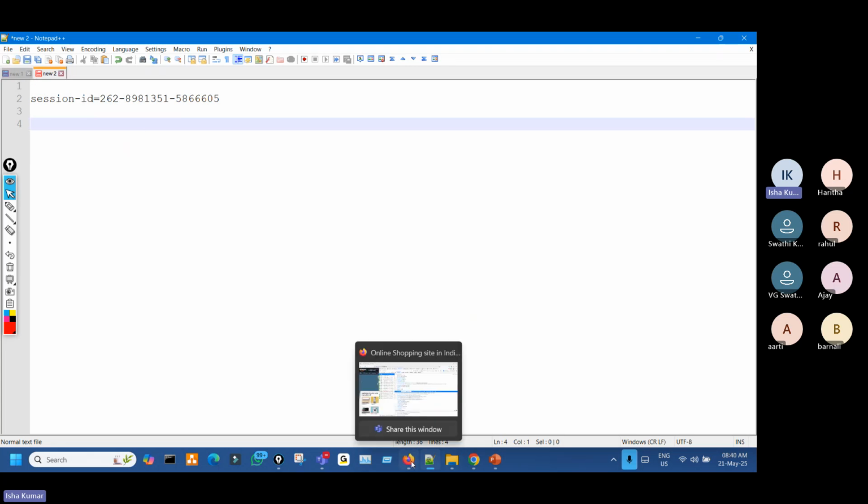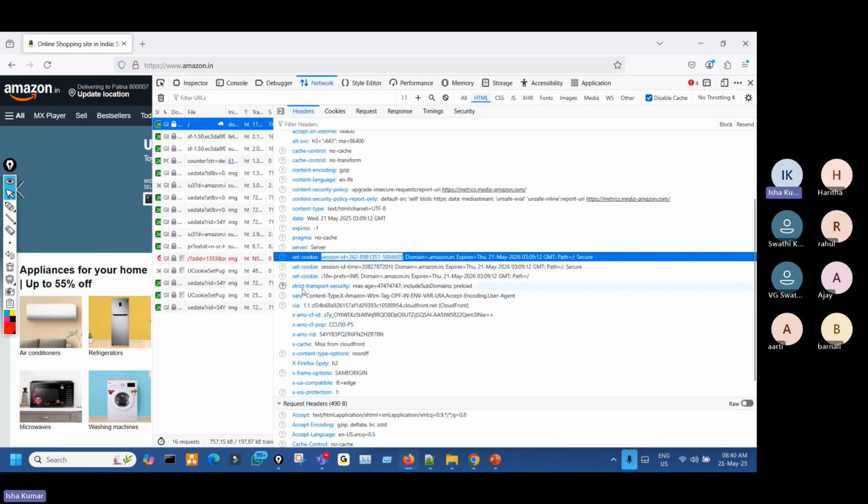So I'll save it somewhere. And using that ID only, it will remember you. Any transaction you do, any user action you do, it will remember. So every user in this world will get a different unique ID whenever he is visiting, let us say, Amazon. So if 10 lakh people are opening the Amazon website at the same time,